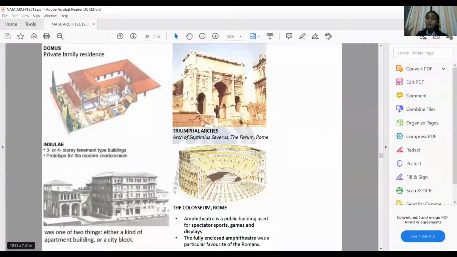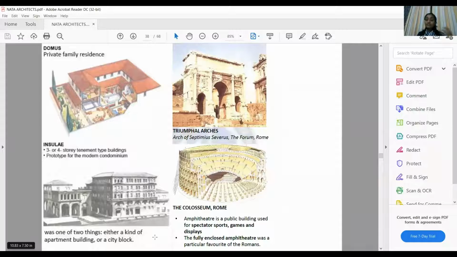And they had these commemorative structures again over here. So that was referred to as your triumphal arches. So I hope you're able to relate it. Initially it was just that upright stone, and that became the stamba. And then in your Egyptians, it was referred to as the obelisk. And then coming on to the Romans, we have these triumphal arches. You need to correlate with the previous topics that we have studied.